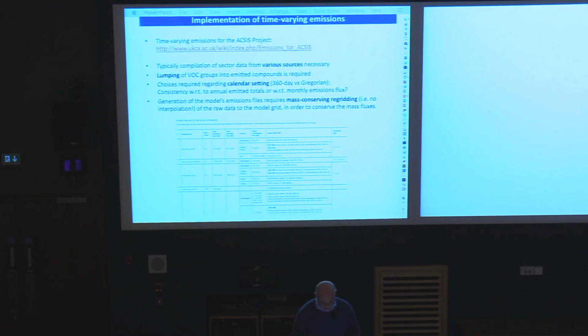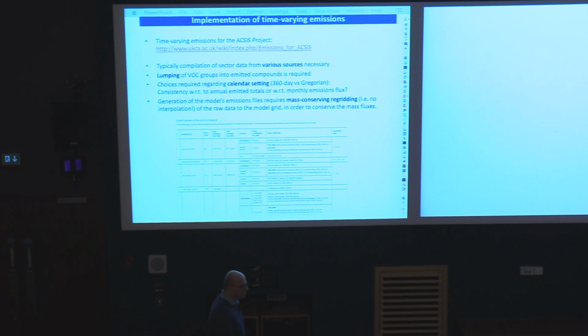If you look at the printout, I see it now on my screen, there comes first of all a very large table which I privately refer to as the mother of all tables, which has taken me a long time, but it shows you exactly what species have been lumped together into what tracer and what sources the data comes from. It shows, I think, 23 emission files, so it will probably extend over various pages for you. There are then links to a GitHub repository where the software that I developed for processing the emissions from the raw data to the final NetCDF format the model reads can be downloaded.